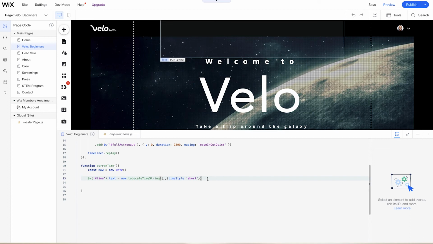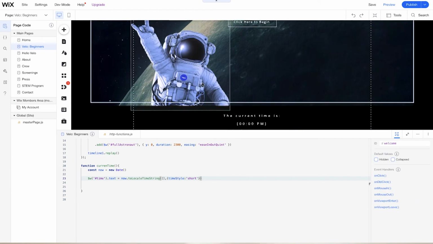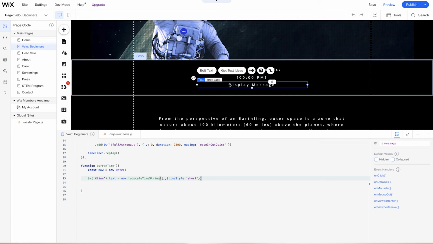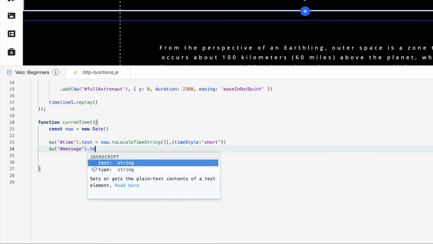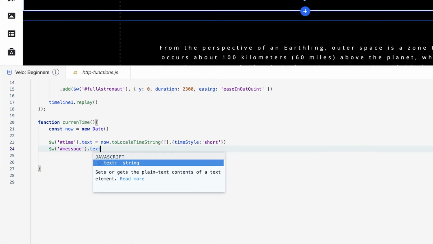And what we're going to do is select the messages element here, $w messages. Again, we'll use the text property as well.